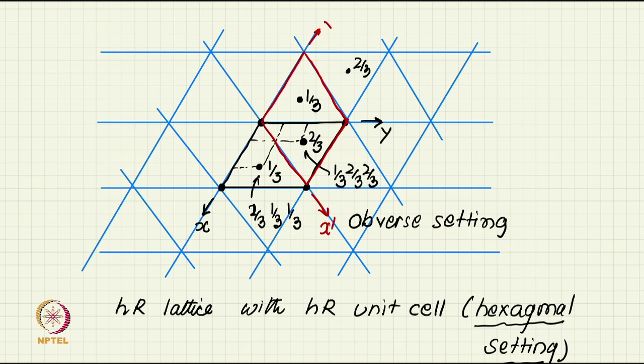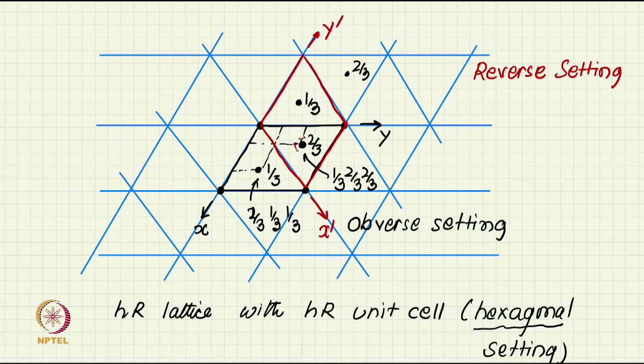Say x prime and y prime. So, now the red one is reverse setting, where if you now look at the coordinates. So, this coordinate now, the one which I am outlining in red at the moment, becomes,